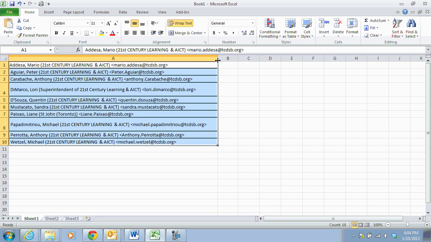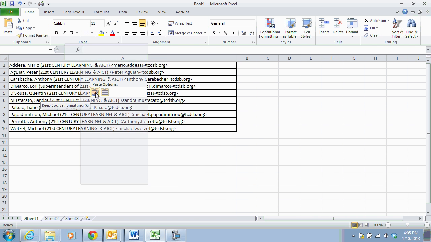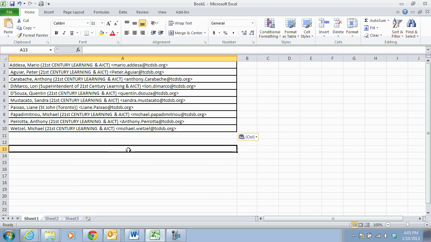And as it was, that wasn't even long enough. It wasn't even wide enough. So let's just do that one more time. Okay. So now there's our group. There's our 10 people. And then it's in an Excel file, which is great, but we want to be able